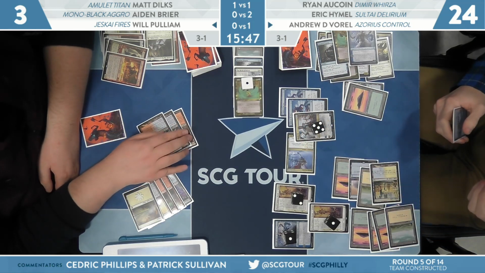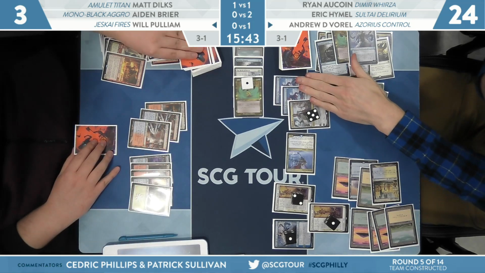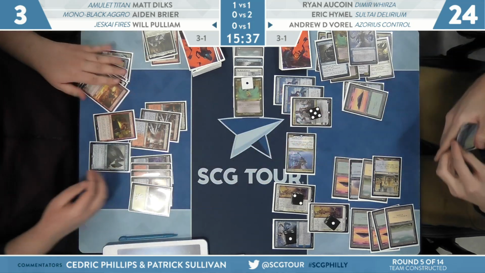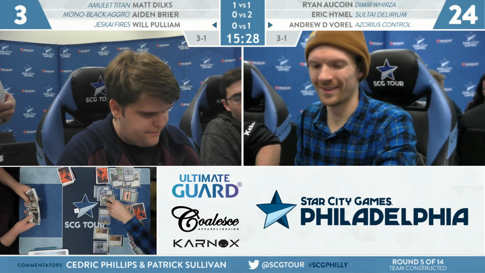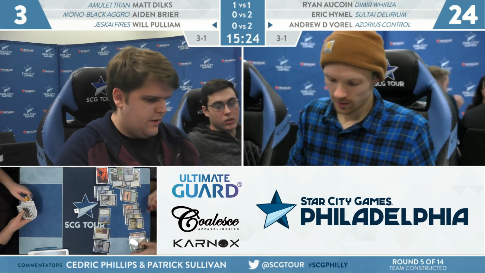More or less. Look, this is Ori's control deck. For many, it's the deck to beat in Standard, and you can see why. And it has been a thorn in Will Pulliam's side last week in the finals, and now again in round number 5 here in Philadelphia. The team of Ryan AuCoin, Eric Hymel, and Andrew Vorel are going to win this match over Matt Dilks, Aiden Brier, and Will Pulliam. A pretty clean sweep there, truth be told. Dilks may have gotten that third game. We'll never know because we never had the opportunity to start it, but for now,